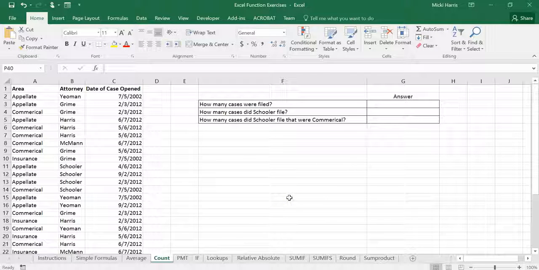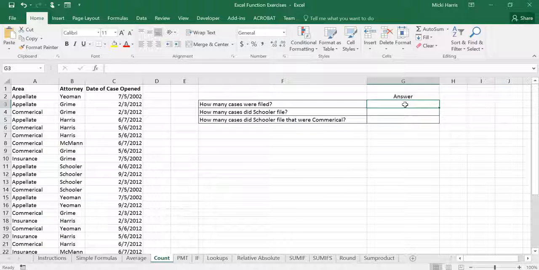Okay, let's take a look at the count function. I am still sitting in the classroom and there's a lot of construction noise going on. So hopefully that's not going to be too distracting because I don't want to have to get up and move somewhere. Okay, so the count function, I'm going to go ahead and pull that up